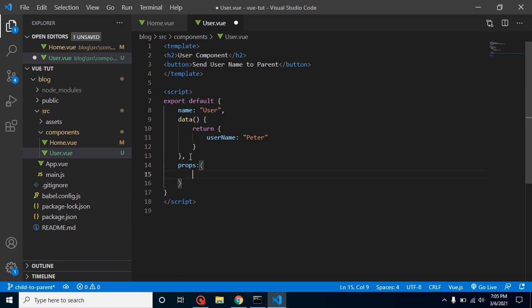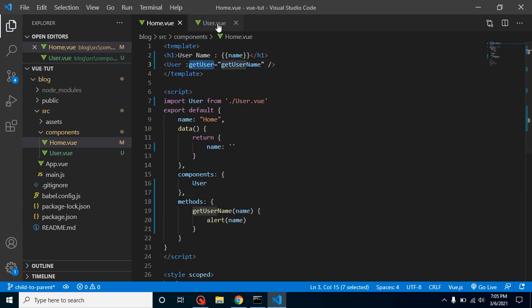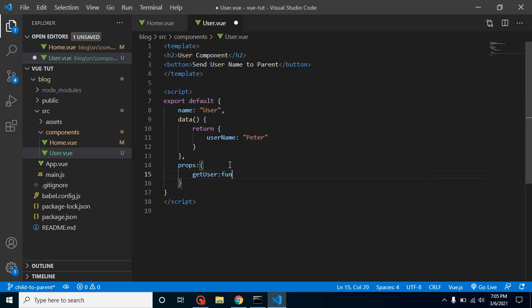Inside props we can put our property name, which is getUser. So let's define getUser as a function like this. And now let's call it on click, on v-on, that means view, on click, and call this function which is getUser, and let's pass our username inside it, right?